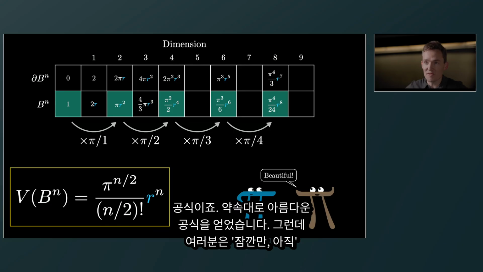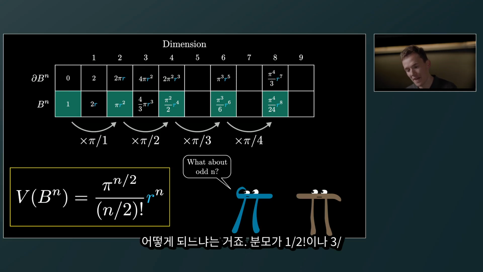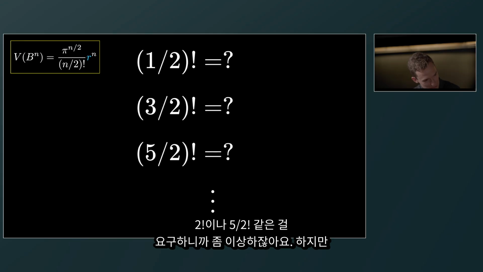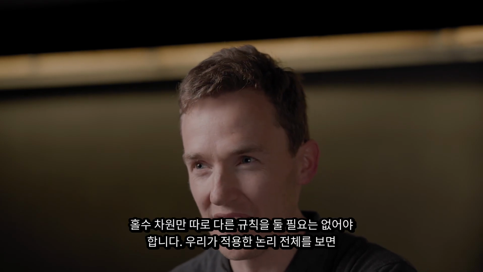And I say, what a beautiful formula. As promised, we have a beautiful formula. And you might say, well, hang on a second. You're not done, because there's something kind of awkward about this formula, which is what's going on at all the odd numbers. Because the denominator is asking us to take something like half factorial, or 3 halves factorial, or 5 halves factorial, which feels kind of weird,